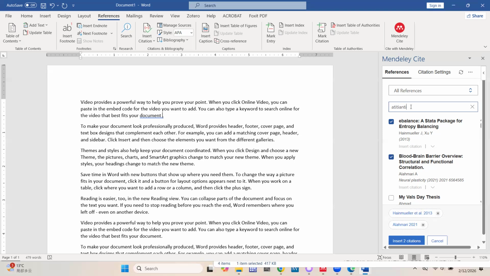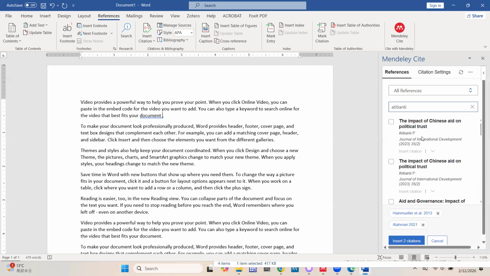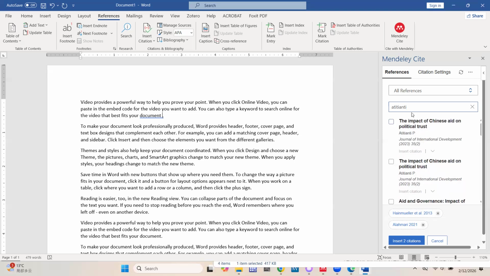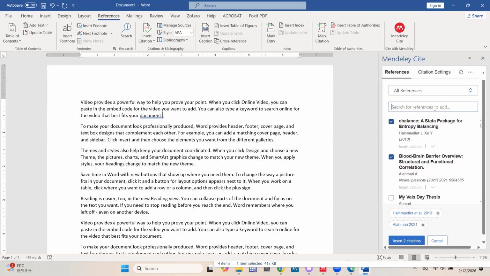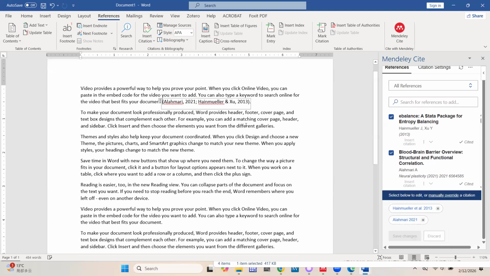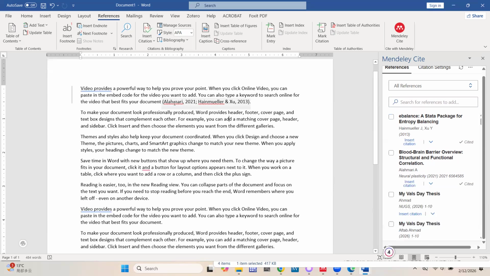Remember, if I use my name as a keyword, it will look for all documentation that has my name, right? And then you can click. So it works the same way like we did with Zotero. So let's go with these two. Now, I just click on insert two citations, and then Mendeley automatically adds this one. So you realize that once I hover on it, it automatically gives it a gray shade to show that this is an automated work by Mendeley. It was inserted directly by Mendeley.